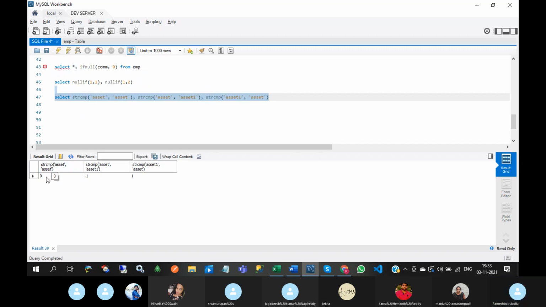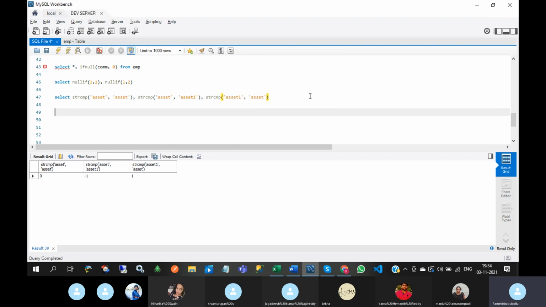See this. First case 0, both arguments are equal. Second case -1, that means the length of the first argument is less than the second argument. If the length of the first argument is greater than the second argument, then it returns 1. Okay, that is string comparison.